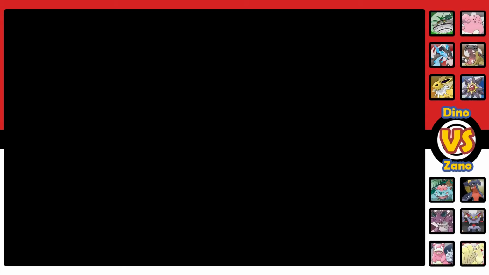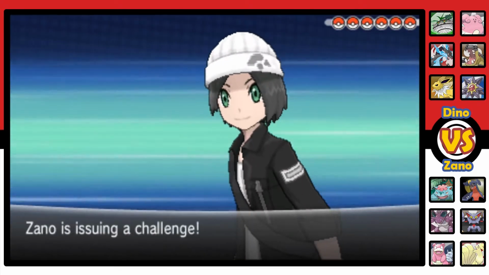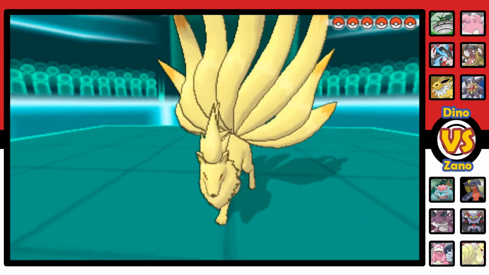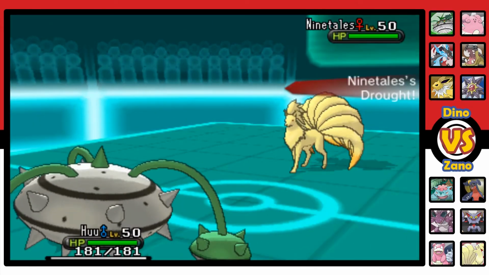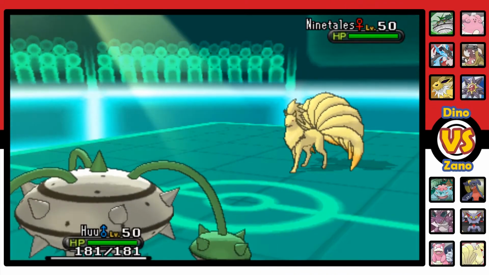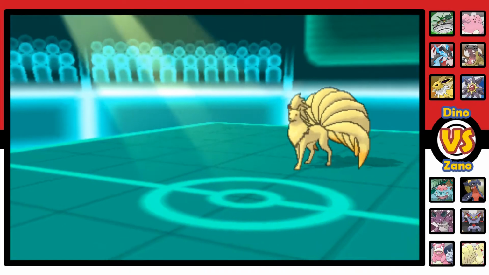So I do want to tell everyone that this is my A-team Pokemon team. It's kind of my favorite team to use, just because it has a bunch of powerful Pokemon that have a lot of synergy with each other. So I send out Who, which is my entry hazard user. He just sets up entry hazards, but unfortunately